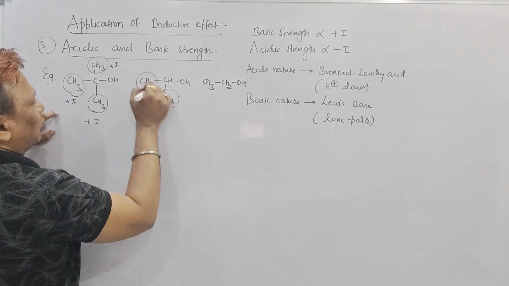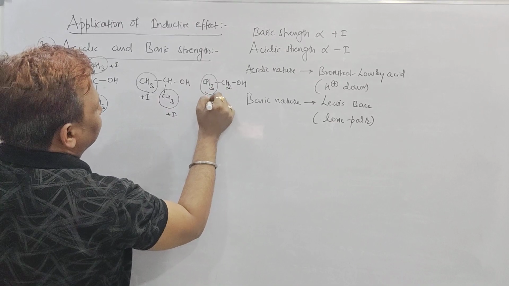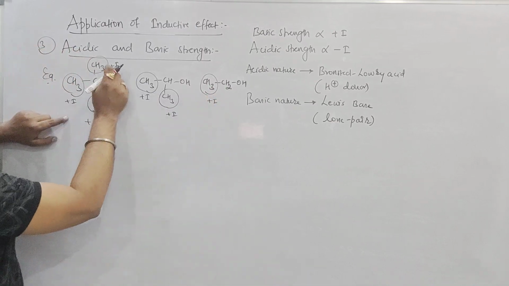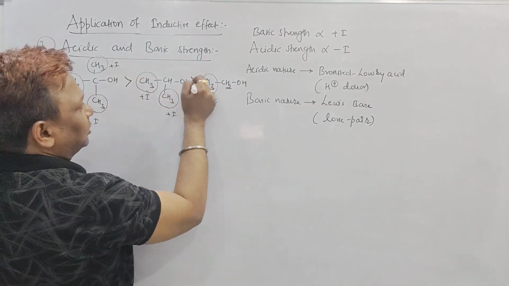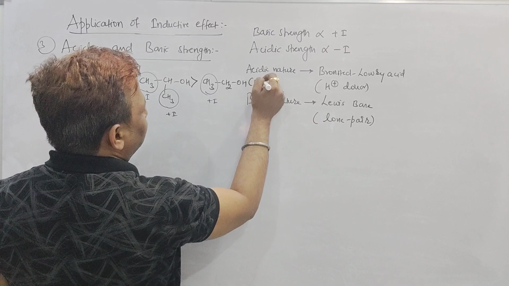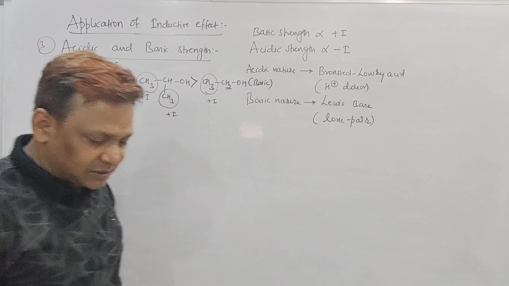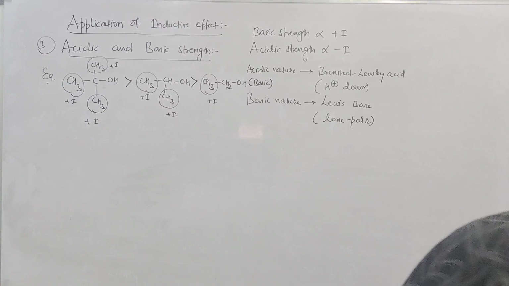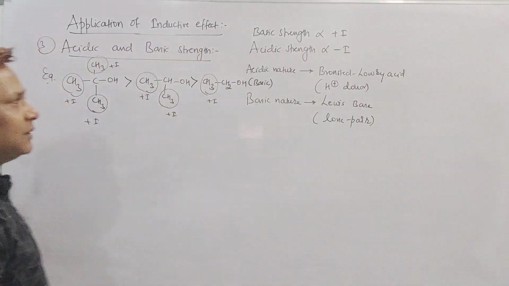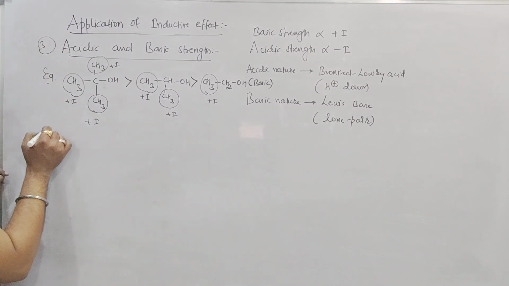How many does it have, sir? Only 2 plus I is there here, and this one is having only 1 plus I. So what we can say, the more the number of plus I, the more the basic strength. So 1 will be more basic than 2, than 3, and hence this is the order of basic strength of the alcohols. Is it clear, beta? So tertiary butyl alcohol is more basic in nature than the secondary alcohol, than the primary alcohol. Is it clear? But here in organic chemistry, the very important part of basic strength they will ask about is the amine. So listen here, very important concept.